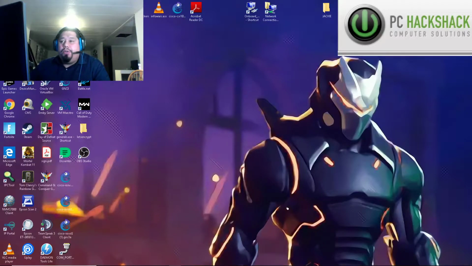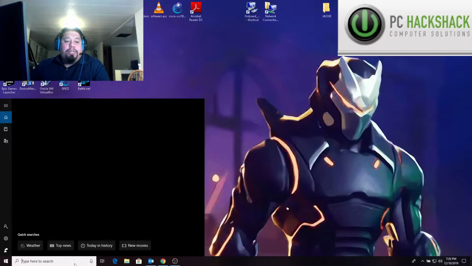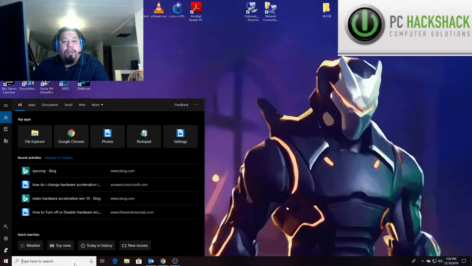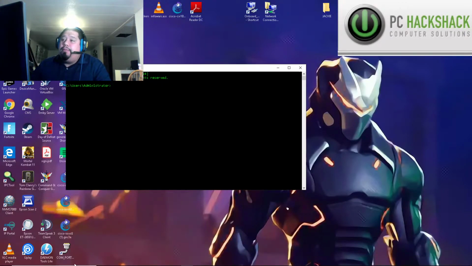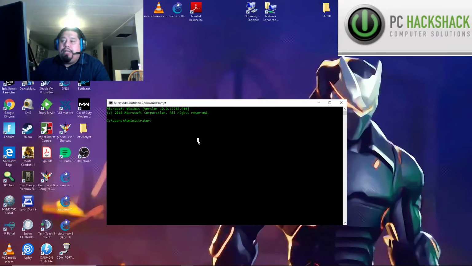Basically going to show you the quick and easy way to obtain your IP address whenever asked by tech support. The easiest way to do that is to come over to the search box, hit Windows, and then go to the search field and just type in CMD for command prompt. You're going to pull up that command prompt there, and what you want to do is basically type in ipconfig